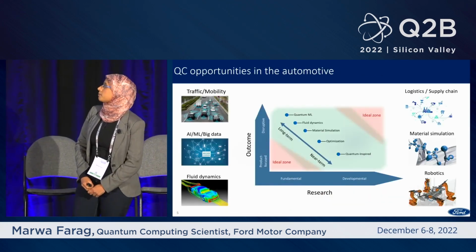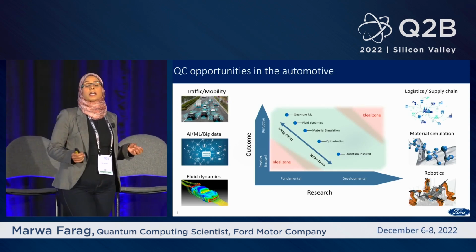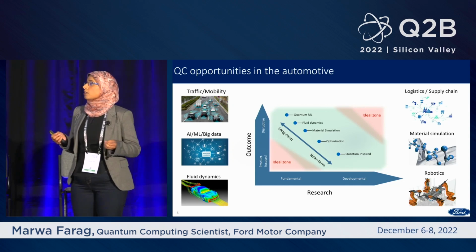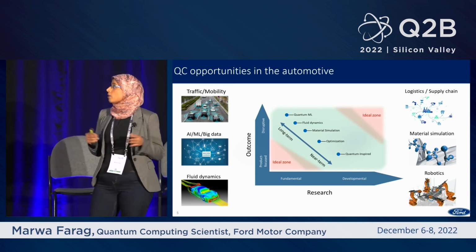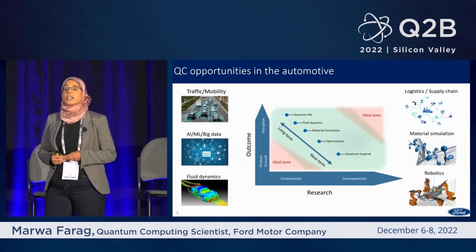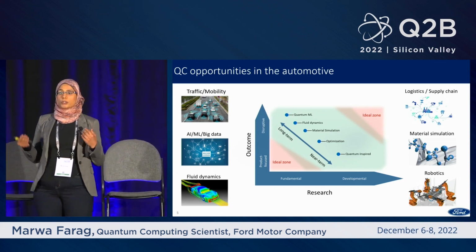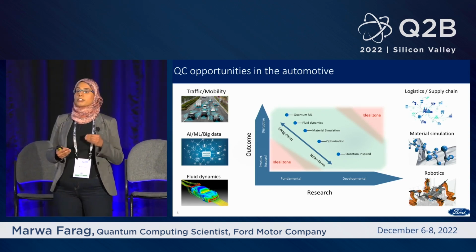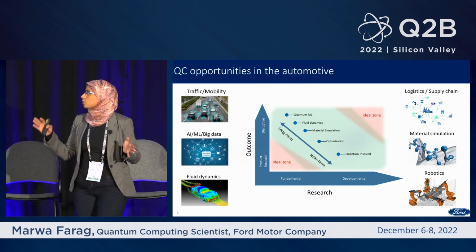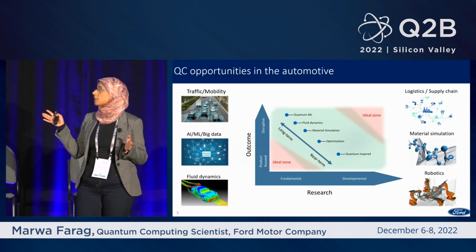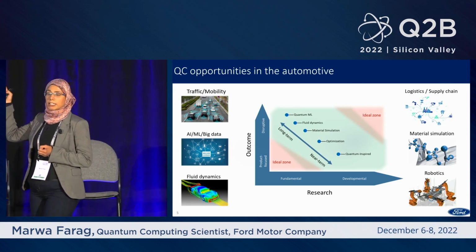So based on that, at Ford, we are trying to identify those use cases that can take advantage of the quantum, and it might have a speed up compared to the classical algorithm. Our strategy here: we are part of the research and advanced engineering team at Ford. We focus on what are in future, what are the near term, what are the far term in technology. And our research is divided into fundamental and development. The outcome of this research can be product focused or highly disruptive.